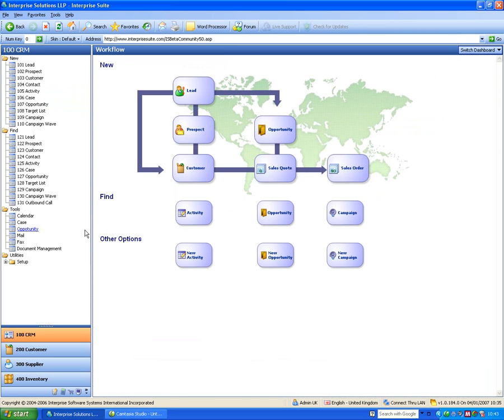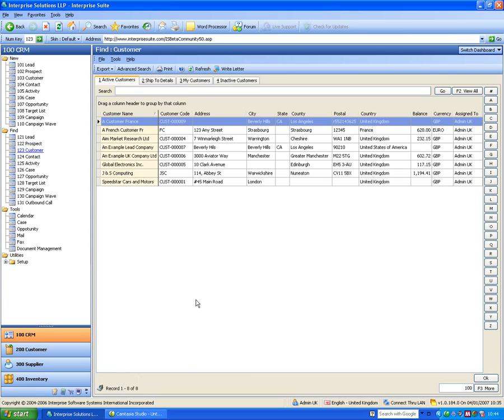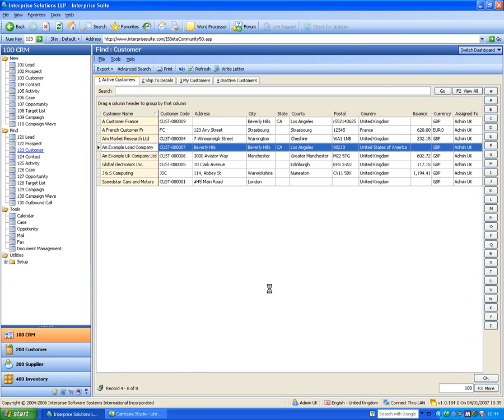Okay, so you get used to know the menus. Okay, we've got new, and we've got find areas. New, obviously, new lead, new customer, create a new company, a new activity, and find is when we actually find them. Okay, so if I, let's say, click on find as an example, it will pop up a list of customers. And if I open one up just by clicking on it,